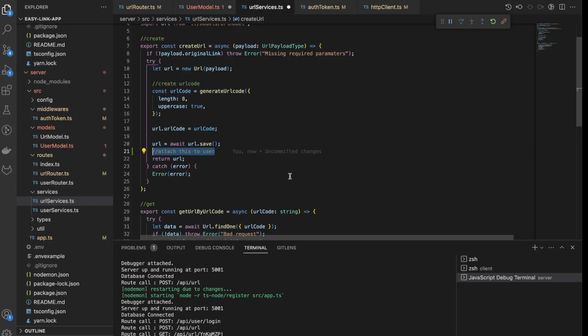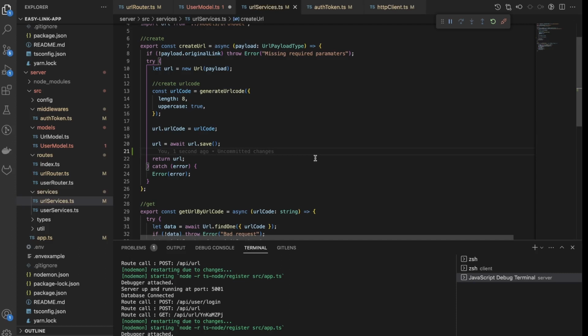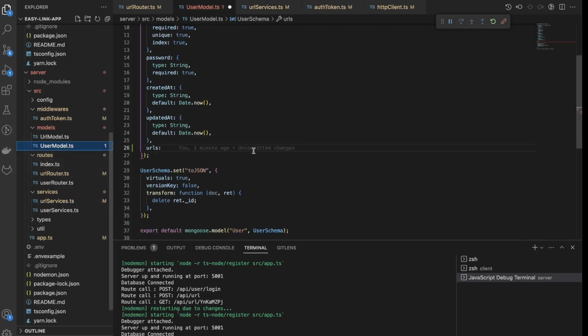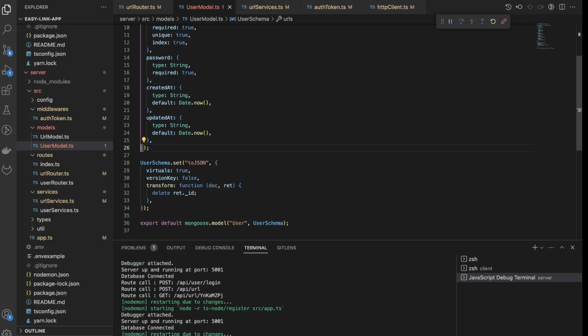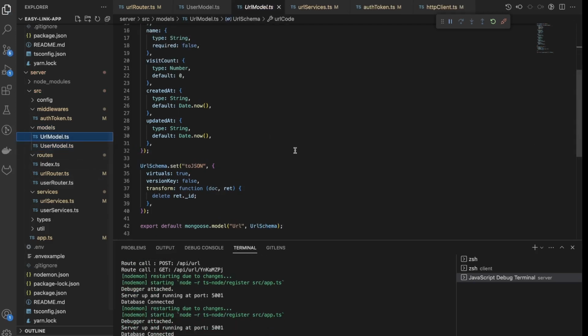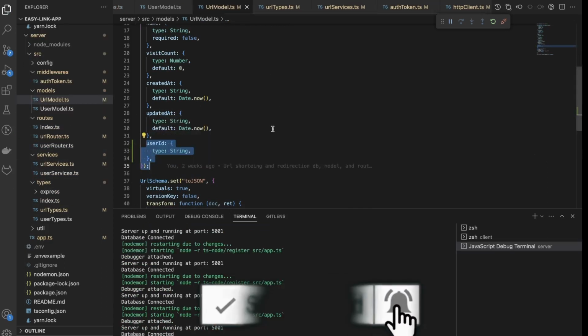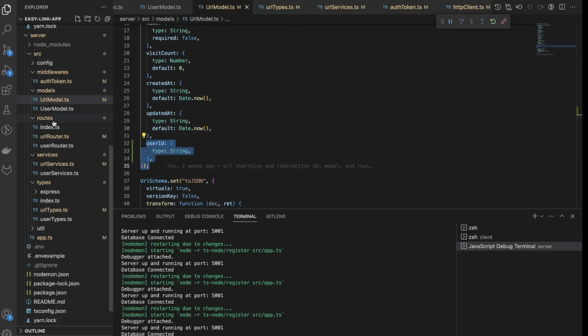However, there is one problem, I don't like to deal with it, and maybe I don't know properly how to do this with Mongoose or NoSQL, and that is every time we try to do an update, then we have to find this and do this update separately. If you know a better way, you can just write it in the comments, and I may use that in a future video. However, today I'm just going to go in a simple way, and the simple way is inside this URL model here somewhere. Now that we have our user relation here in our URL,